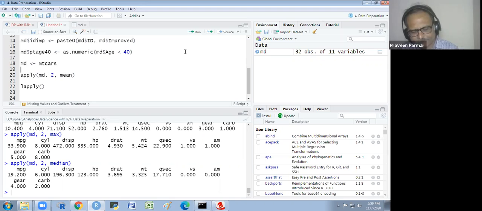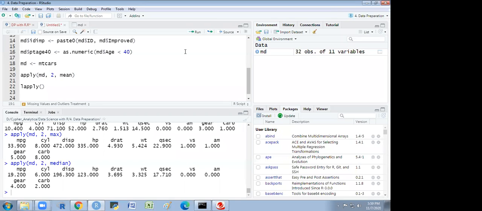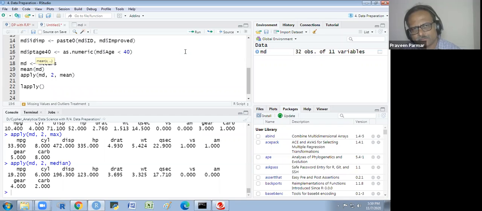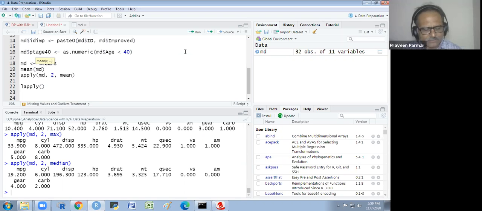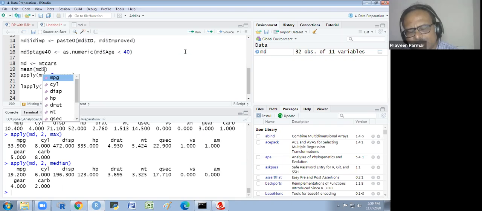Mean of MD or apply function you are using? Like what you have shown above in the beginning, not the apply function. Mean MD. It will not give you, because the mean we will get if you put the dollar and a single column; the mean you could find through this.